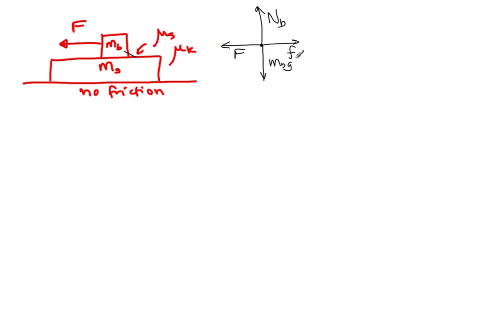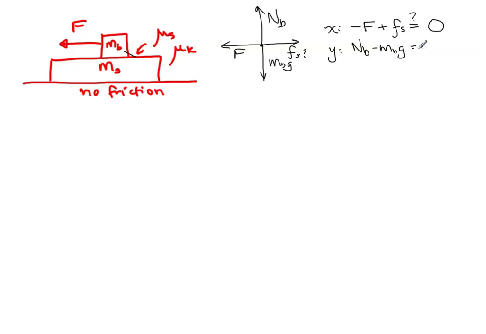And let's say that's static friction, maybe. So if that was true, then the x equation would say minus F plus the static friction would be equal to 0, maybe. Okay? The y equation would say normal force on the block minus mass of the block times